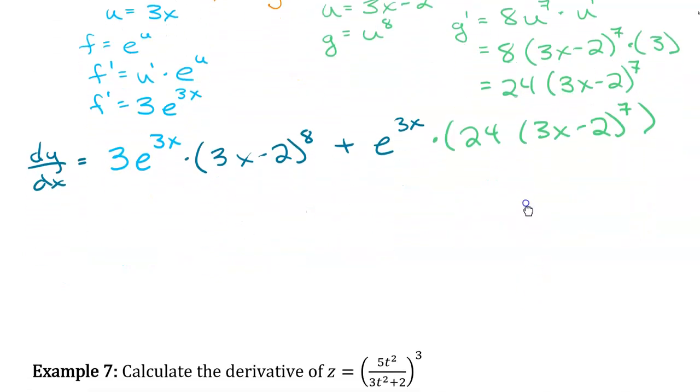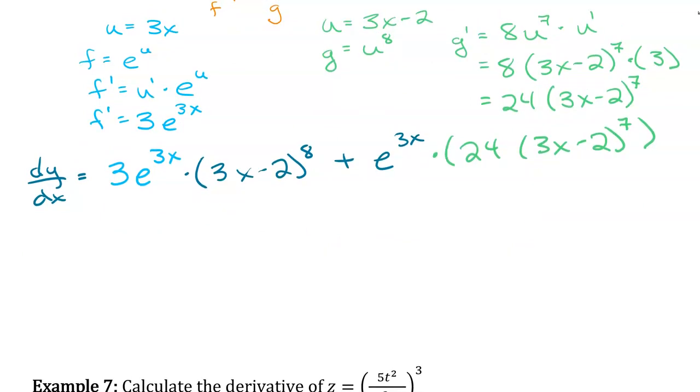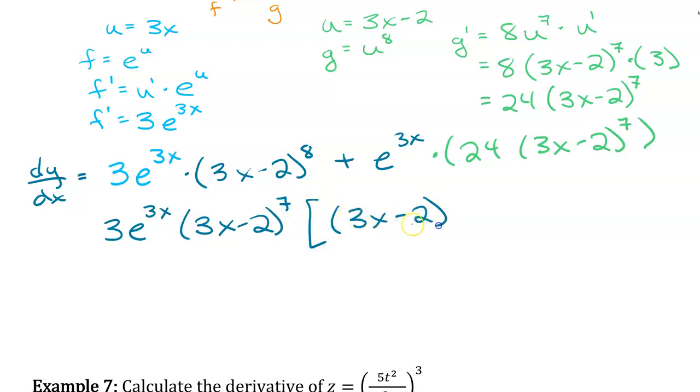So let's see here. Can't do much, but if we really wanted to, we could find the GCF, which would be 3e to the 3x times 3x minus 2 to the 7th. And then that would give us 3x minus 2 left, plus 24 divided by 3, which would be 8. Combine like terms,